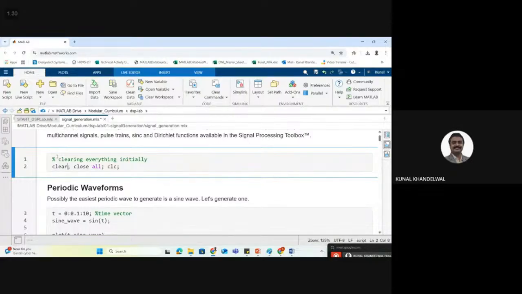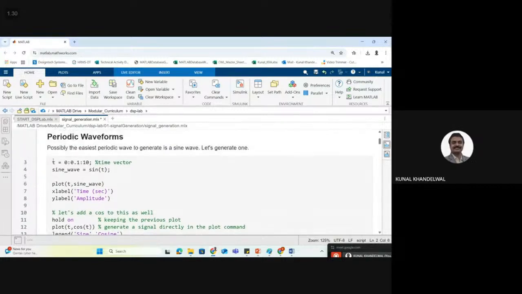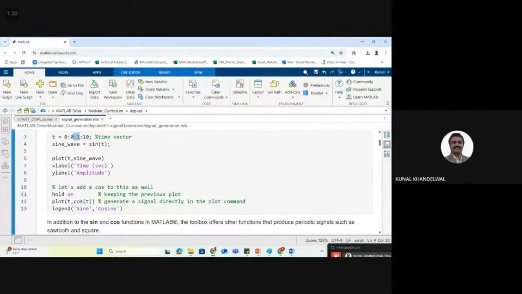What is next? Periodic waveforms. We have already plotted this, if you remember. Let's create a vector t. Then I want to plot a sine wave, so sine wave is equal to sin of t. Use the plot command to plot the sine wave with respect to time t, the vector that we have created. What is next? xlabel,